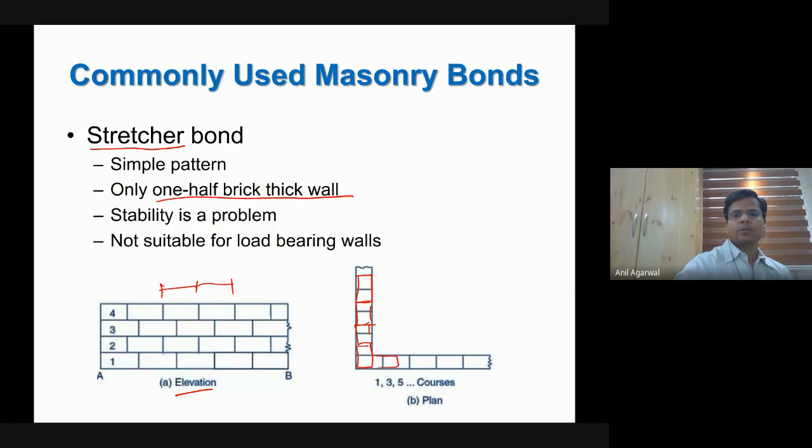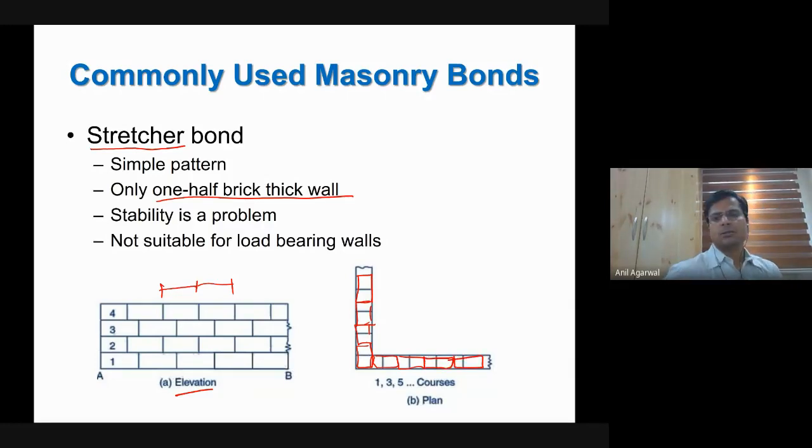Okay, so there will be an offset created in the next layer, and likewise you can make it. So that's a very simple pattern. There is not much complication in this pattern. This is called a stretcher bond. Why is it being called a stretcher bond? Because you are using the longer dimension of the brick in the longitudinal direction of the wall. That means you're trying to stretch as much distance as possible, cover as much distance as possible. That's why it's called a stretcher bond.